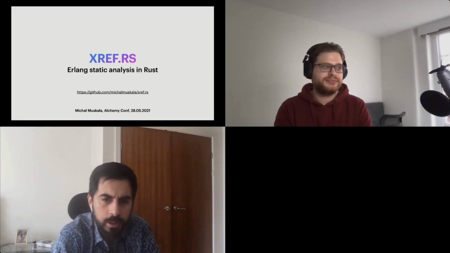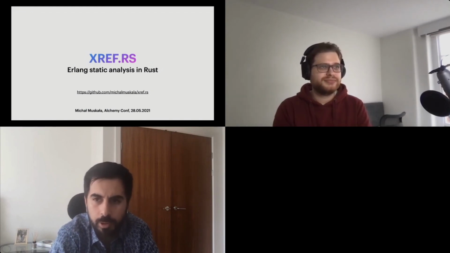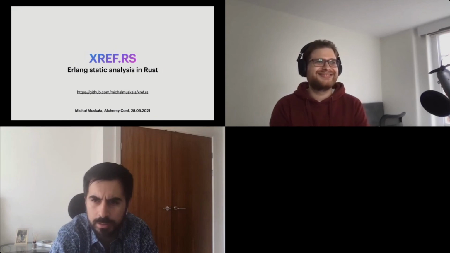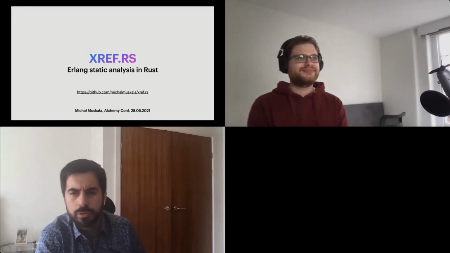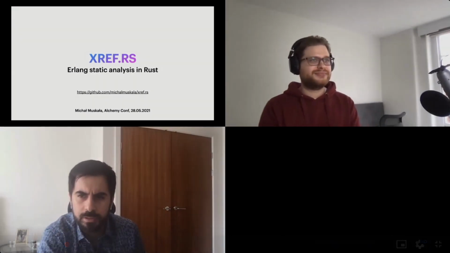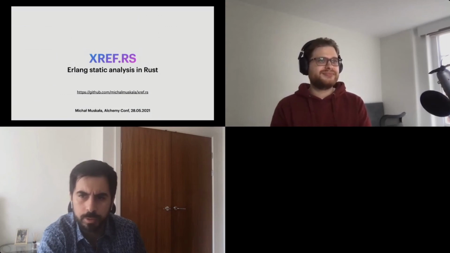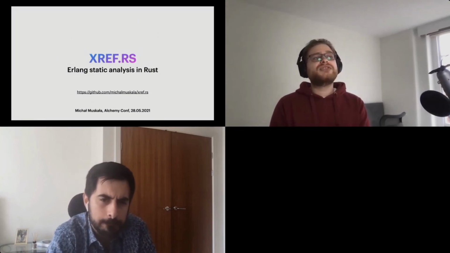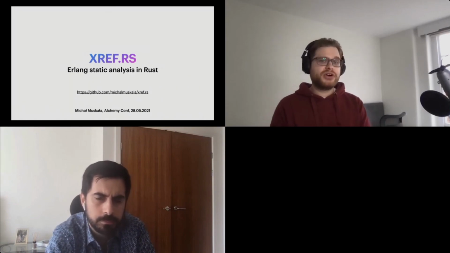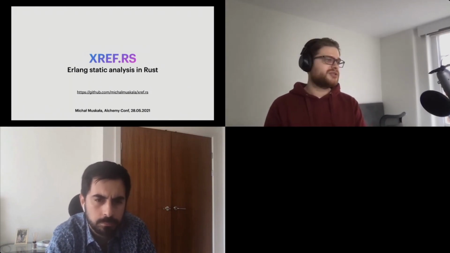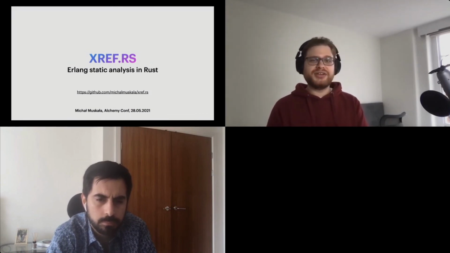Got it. Okay, we have one follow-up question from José. He says, there is no tool in Rust to parse .config files. He assumes Lumen should be able to do it at this point, but maybe that's too large of a dependency. Yeah, so Lumen does include a parser for Erlang, and I assume we would be able to leverage this parser for computing them.